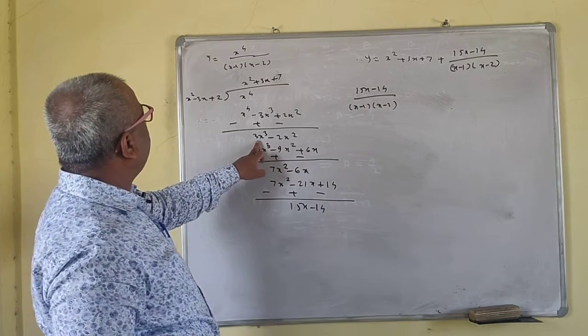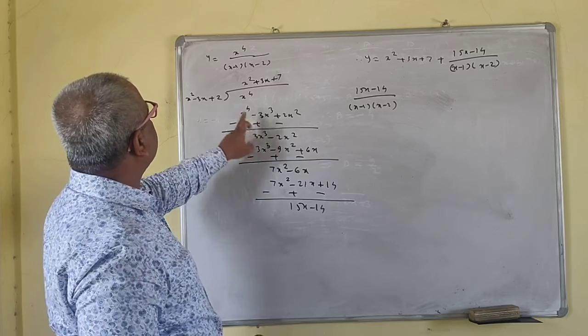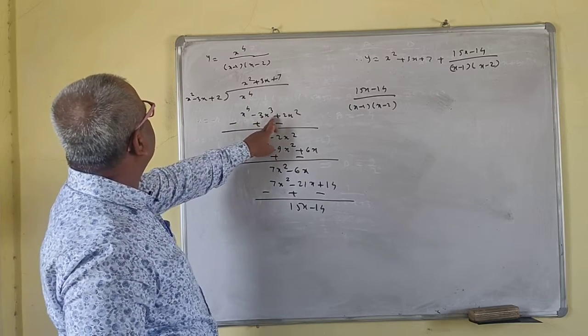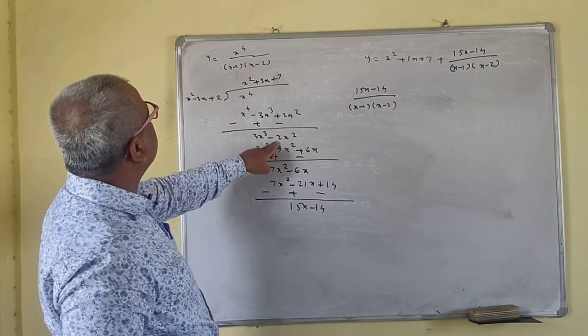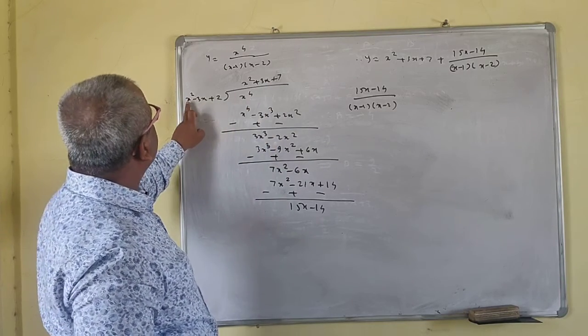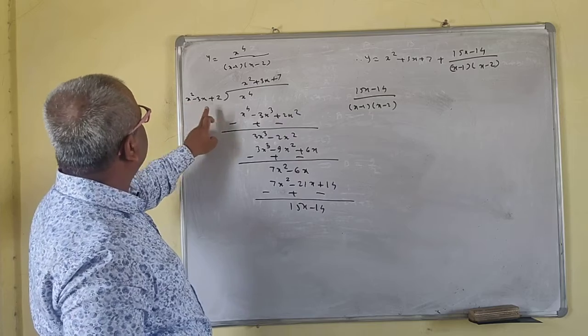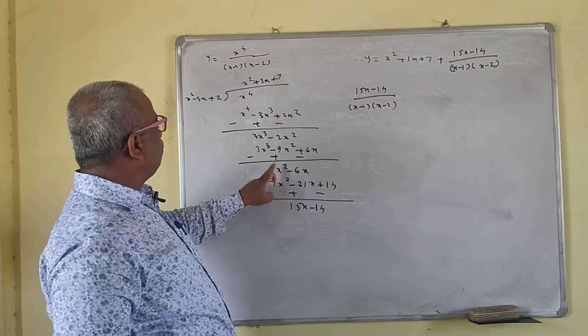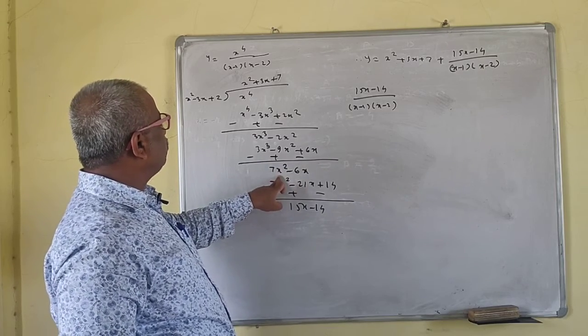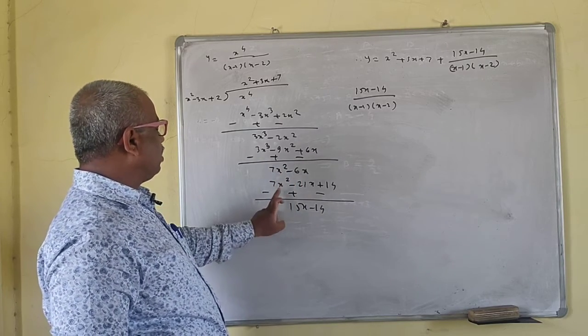So this is what x to the power 4 minus 3x cube plus twice x square. This gets cancelled. This is 3x cube minus twice x square. Then you are multiplying by 3x. So this is what 3x cube minus 9x square plus 6x. Okay. So now this is what x cube gets cancelled. This is 7x square is correct. Minus 6x is correct. Okay.